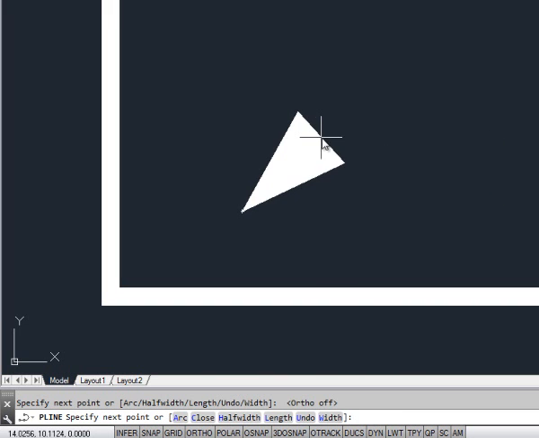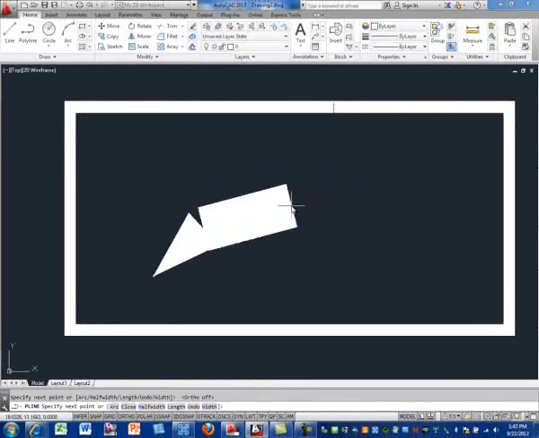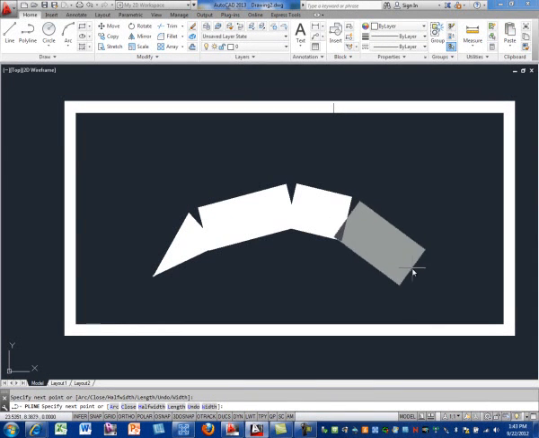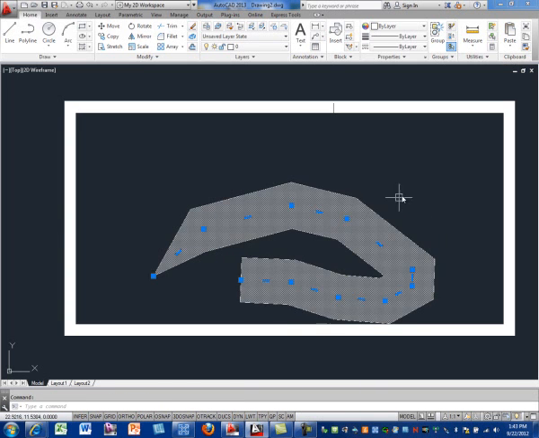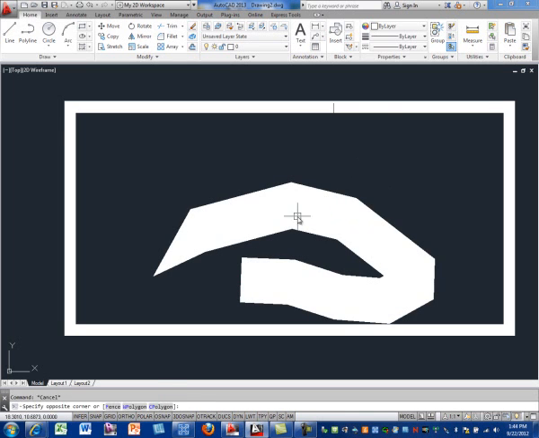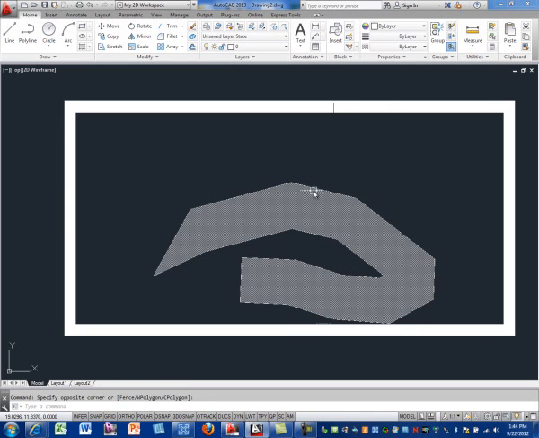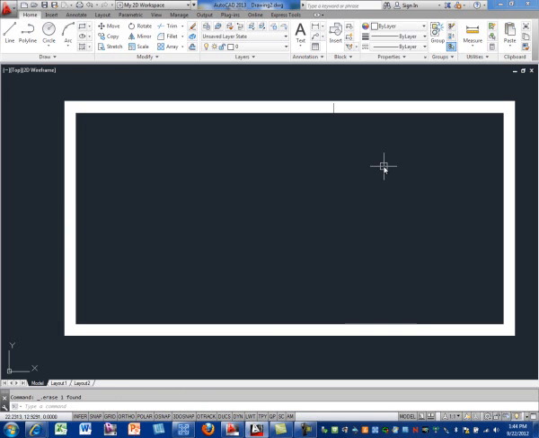So I'll pick a point in space, but then notice as I continue to draw, the next line segments have all the same width of 2 units. I'm going to hit enter to end it. And notice how they all fill in the gaps, and again it's one large entity. Hit escape. Notice that if I click in the middle, it's not selecting it. You have to select polylines by grabbing their edge. So I click on the edge of it, delete it,